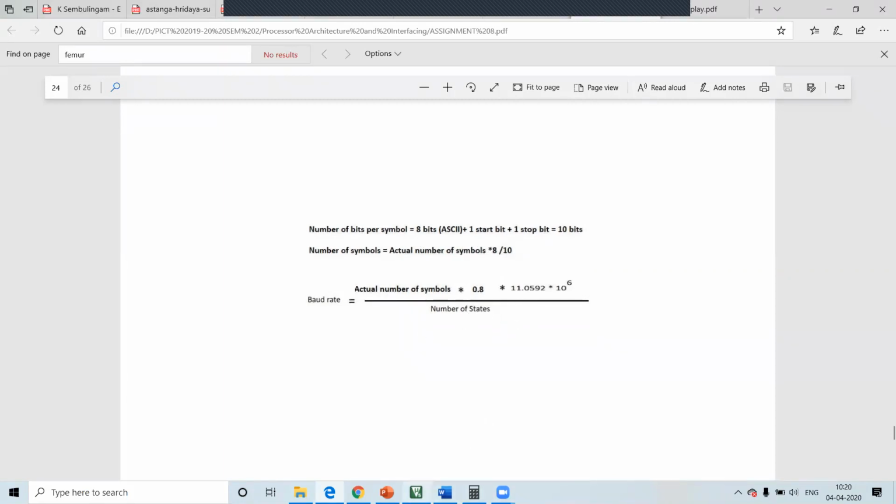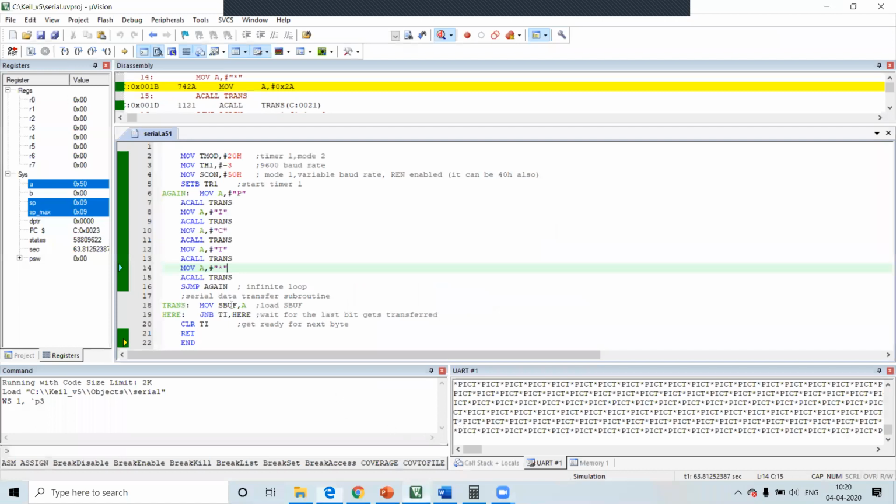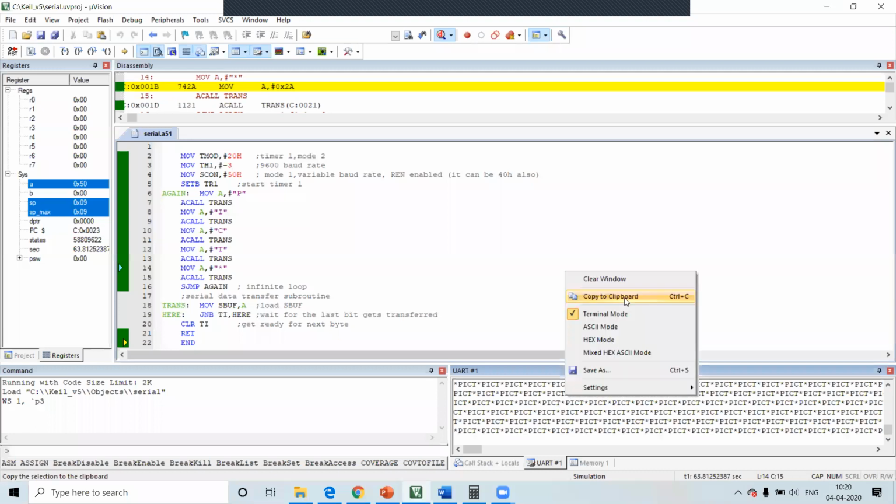So how to calculate this? You can see the number of states present here. It is 588,09622. To calculate the number of characters which have been transferred, right click on UART, copy this data to clipboard.